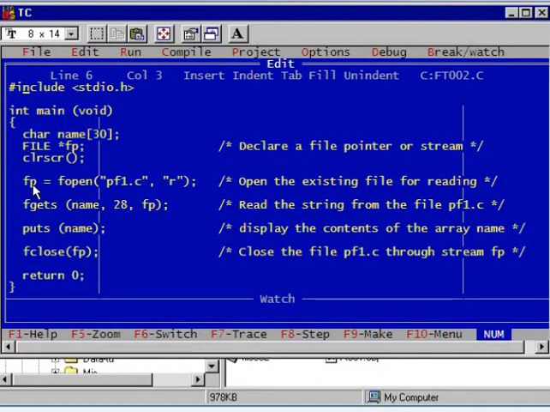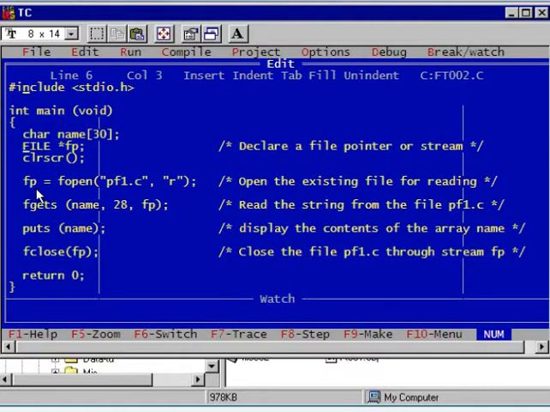So what we have done is, the stream fp which we have created over here, we have initialized the stream fp using the function fopen. What will fopen do? It will open the file pf1.c in the read mode. While doing that, it will create a stream and attach that stream to pf1.c. Clear this point? fopen returns this stream, and using that stream we have initialized the stream fp.